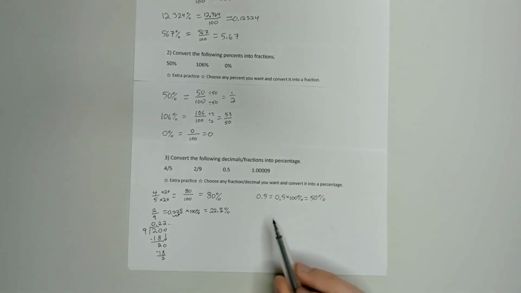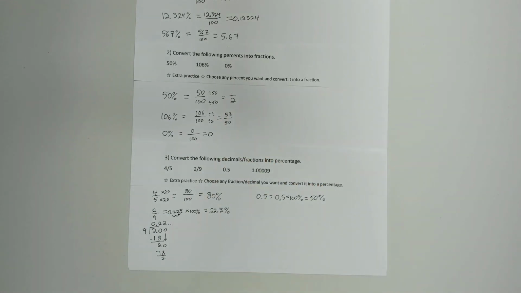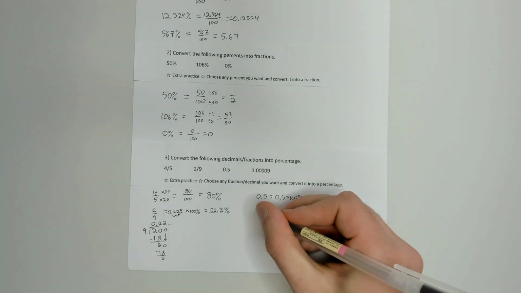So 50% is 0.5, which should make sense because we also saw that 50% was a half, and we know that 1 over 2 is the same as 0.5. That's a pretty common fraction decimal conversion. So we are going to get 50% here. And for